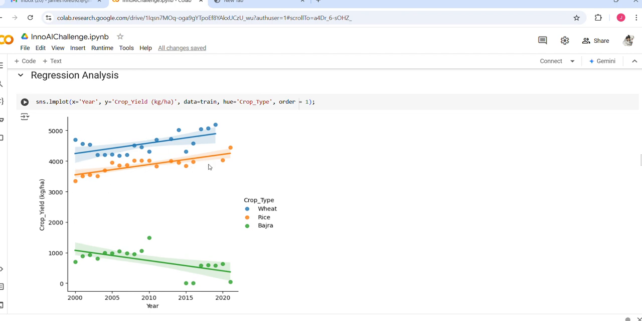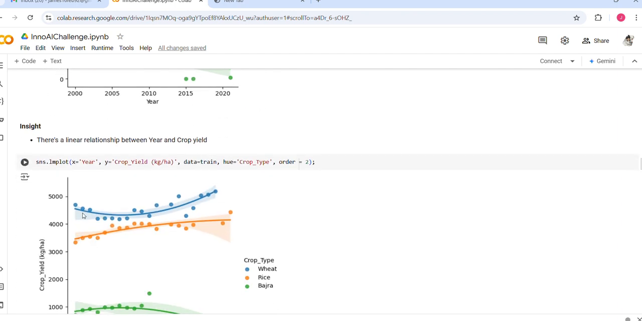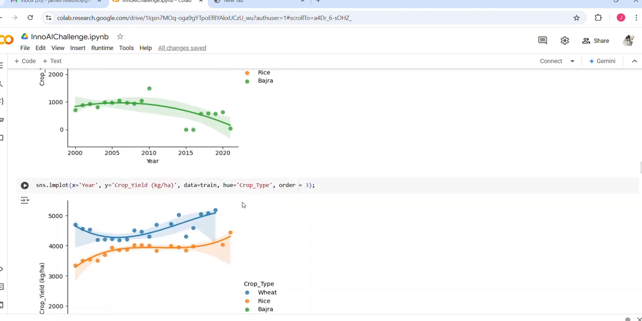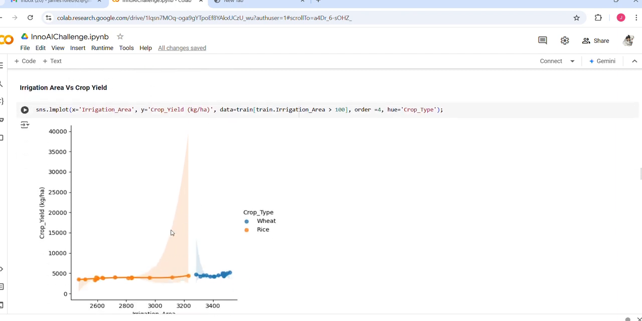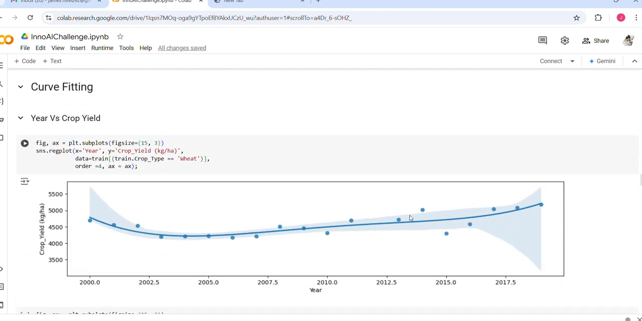So an almost linear relationship is available between them, and we can even do it better. We can fit a polynomial function of higher degree, and the more we increase the degree, the better we can see the results. That way we can also see a polynomial relationship between irrigation area and crop yield. And moving closely, we can see there is